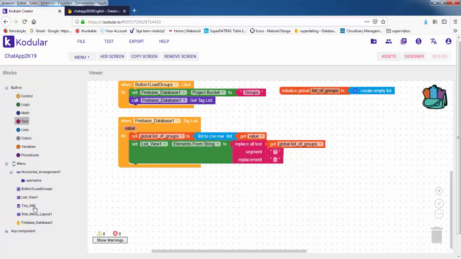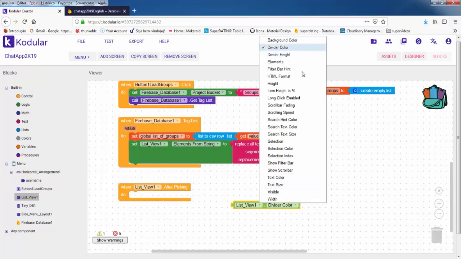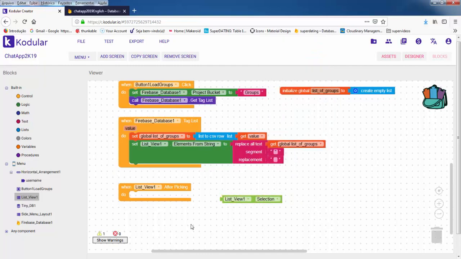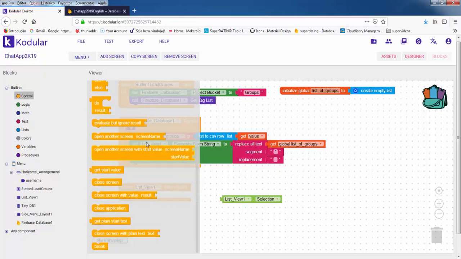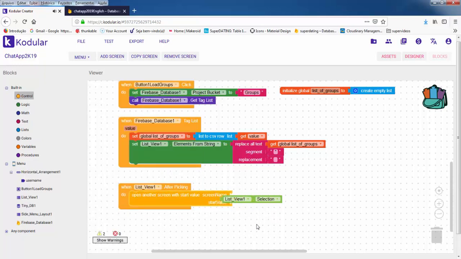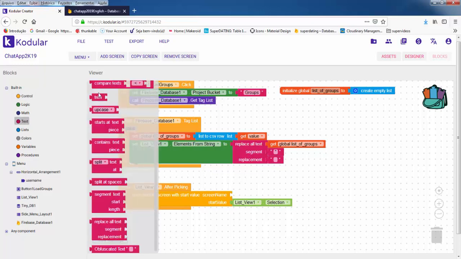So in list view, after picking, I'm gonna have the list view selection. Gonna go and grab the open another screen with start value. The start value is the name of the group the person selected, and